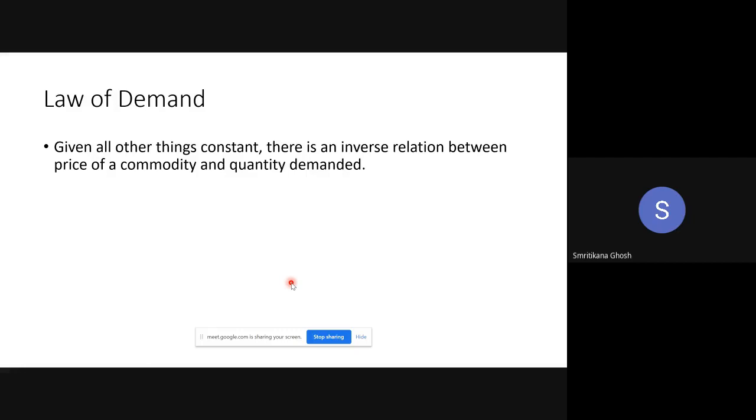If you are trying to explain it, then you have to go to the positive side and the negative side: increasing price, decreasing price. Otherwise, skip increasing and decreasing, and just say inverse relation. But don't tell only the increasing price. If you are telling increasing price, you have to mention decreasing price, because it is true for both sides. Okay, ma'am. Acha, any other question?